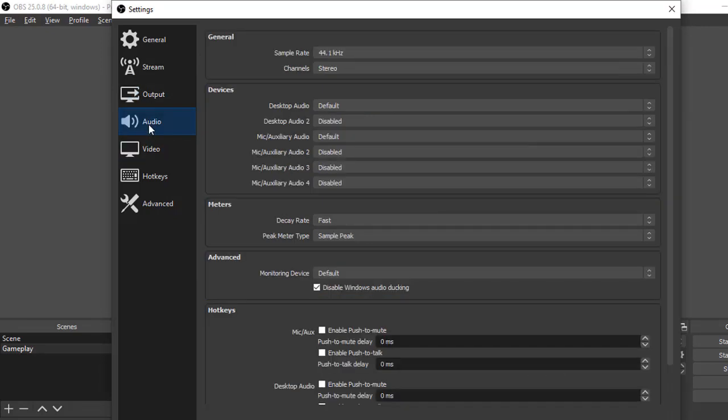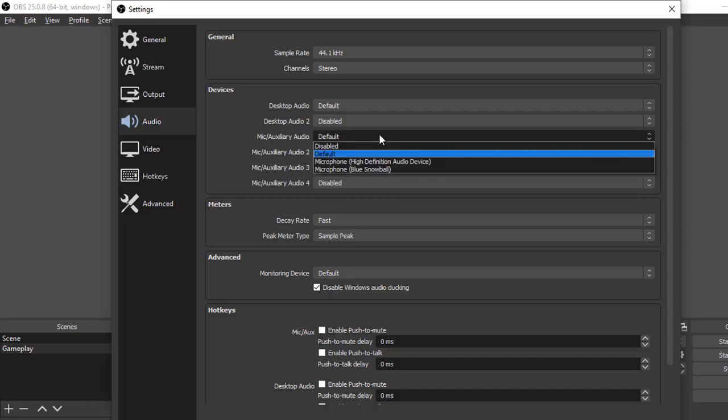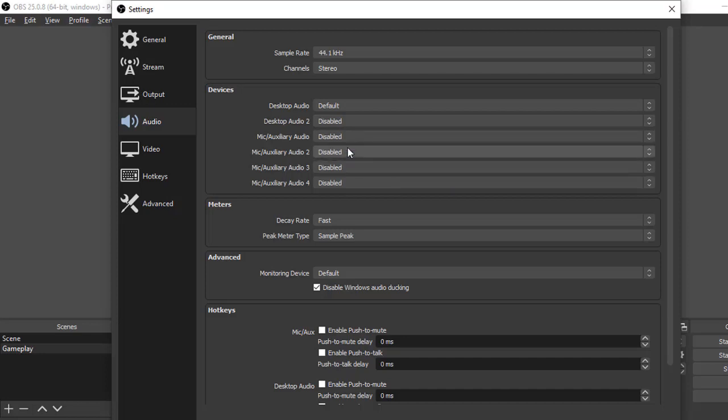And then in audio, I'll leave desktop audio to default, and in mic audio I can leave it to default, or I can disable it if I don't want to do any commentary. Remember, if you enable this, you might also hear the clicking sound of your mouse. So if you don't want to do any commentary, you can disable this. Okay. And then in video,